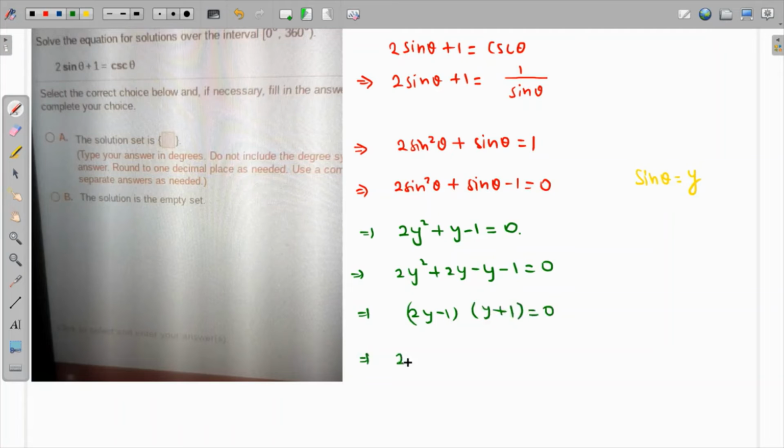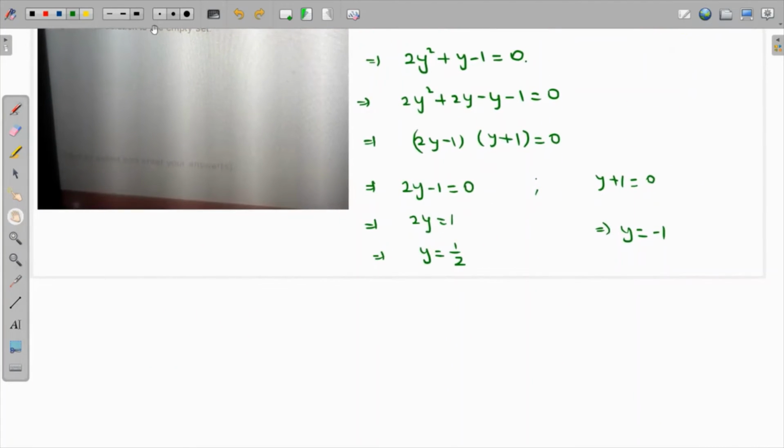Clearly, from here there are two solutions, either 2y minus 1 is 0 or y plus 1 is 0. Now if 2y minus 1 is 0, which means that 2y is 1, which also means that y is 1 over 2, and from here the value of y is just minus 1. Now remember that the solution should be in between 0 and 360, and y is nothing but sine theta. So we re-plug in y as sine theta. So sine theta is either 1 over 2 or sine theta is minus 1, which means that there are two